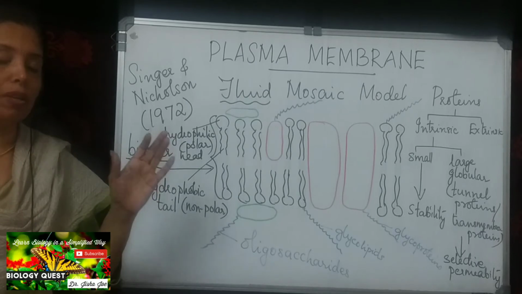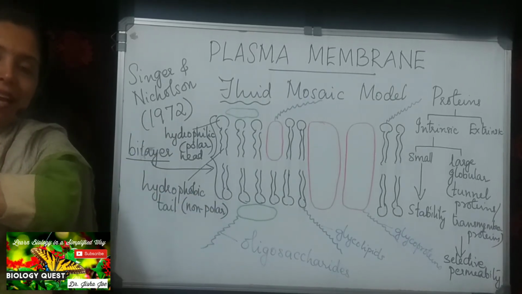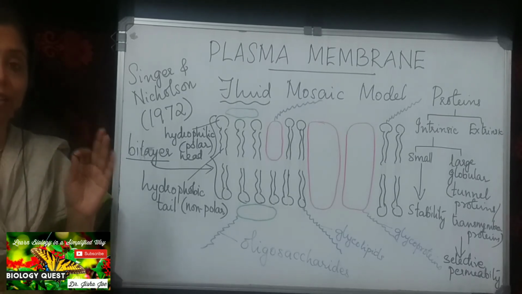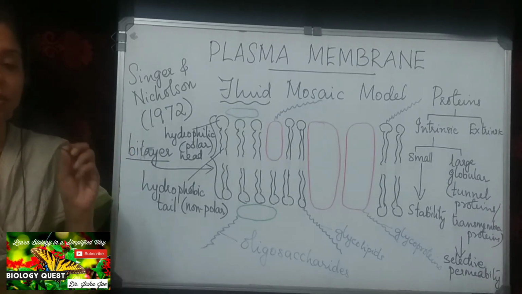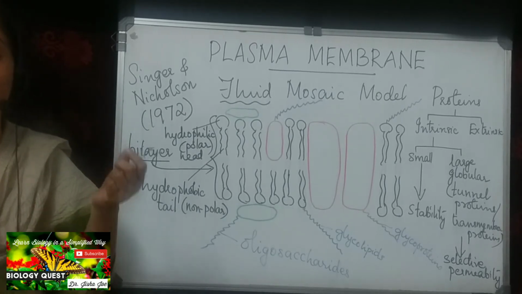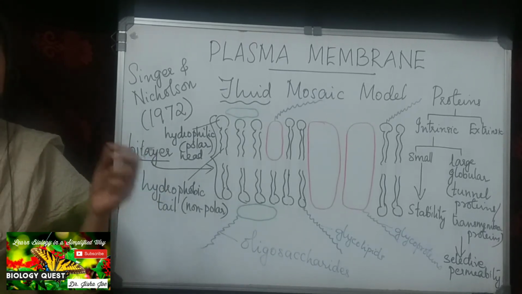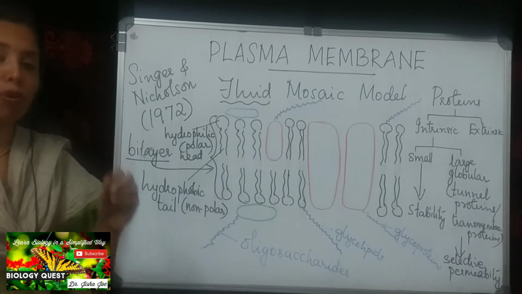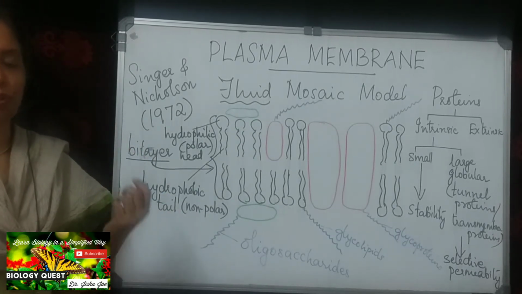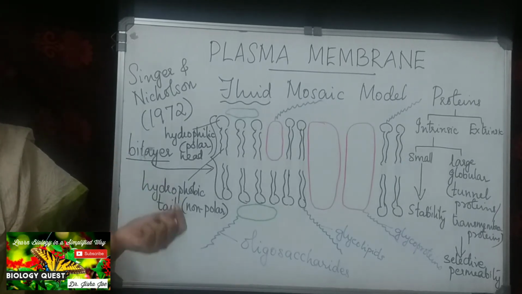So oligosaccharides function as cell receptor proteins. They help in cell recognition. They act as receptor proteins and help in binding with specific molecules reaching the surface of the cell, allowing the flow of information or materials into the cell, and also they act as drug receptors.